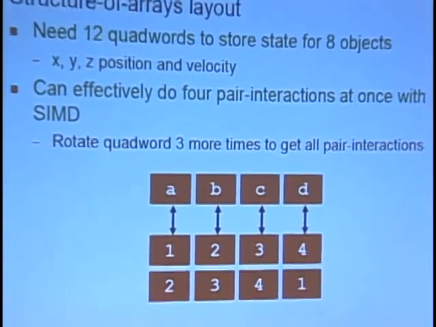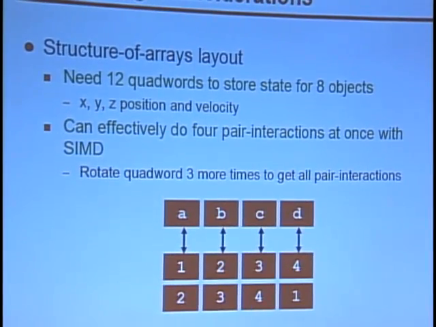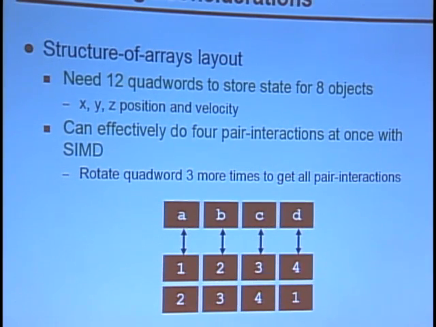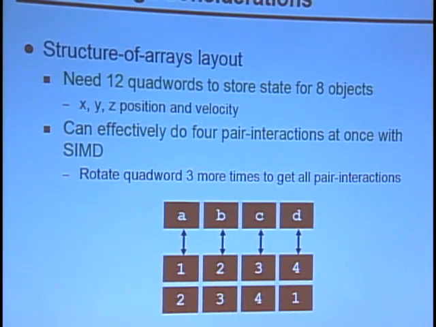And actually, we can implement the algorithm from before in this new layout. But we have to be a little bit more clever in how we're putting together the elements. Before, we were able to just subtract or multiply the quad words with each other, because those would correspond to, for example, subtracting the coordinates of 2 points. Now we have to do some additional computation in order to put all the pieces together. The trick behind this structure of arrays implementation, which I'll gloss over, is